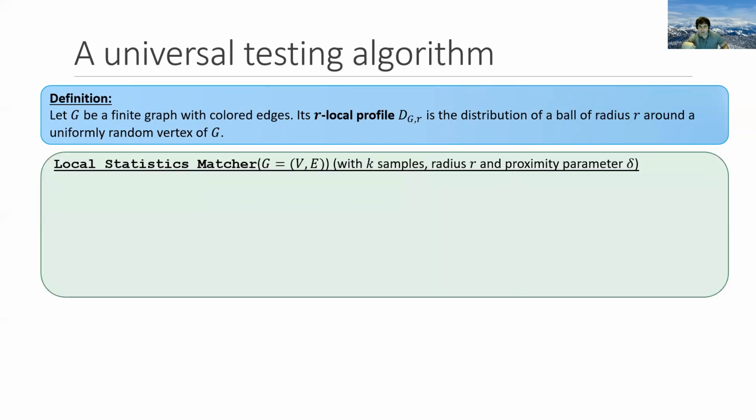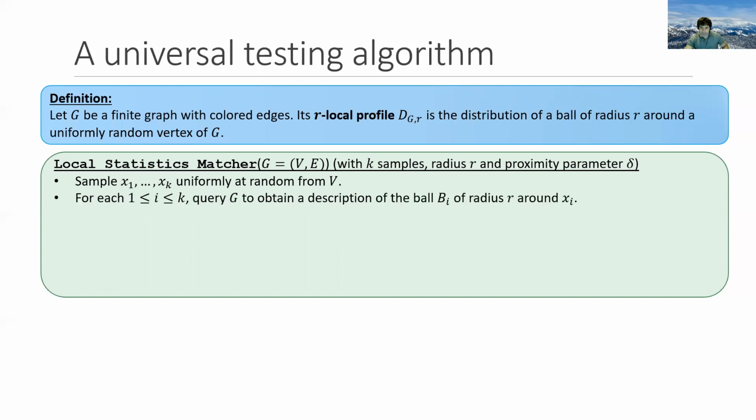Now, a universal algorithm called local statistics matcher does the following. Given a graph G, our goal is to determine whether G is a solution graph or far from one. To do that, we first sample k vertices of G at random. Then we compute the ball of radius r around each of these vertices. This yields a certain distribution which we call the empirical, which approximates the r local profile of the input graph G, just because to obtain the empirical we sampled from the actual distribution, and by taking enough samples we get